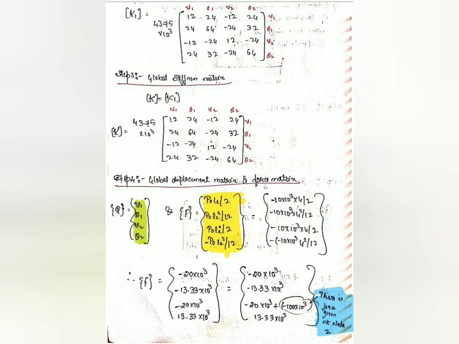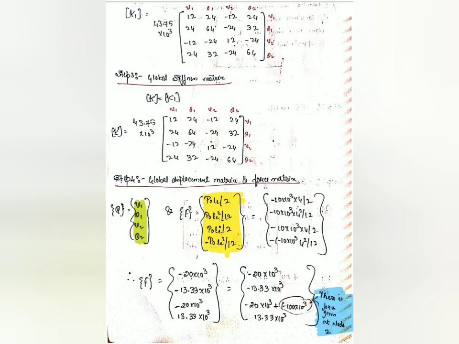In this matrix we are naming it as V1 theta 1 V2 theta 2 along horizontal direction, and V1 theta 1 V2 theta 2 along vertical direction. In this case it is only one element, so elemental stiffness matrix and global stiffness matrix will be same. So that same matrix is copied for global stiffness matrix. Next we are writing a global stiffness matrix in a mathematical form, that is matrix Q equal to V1 theta 1 V2 theta 2, which is shown by green color. This I already explained in previous page.